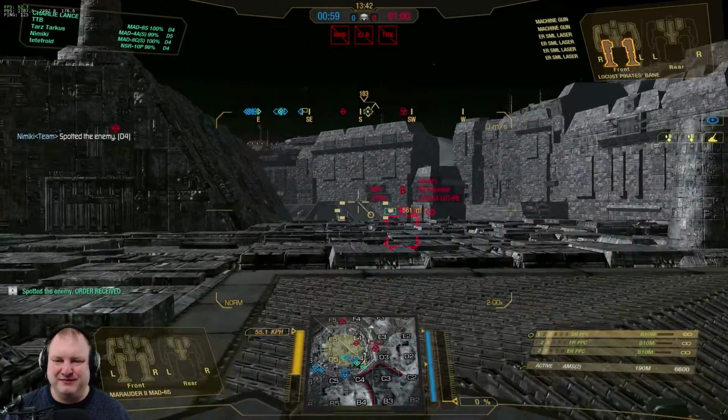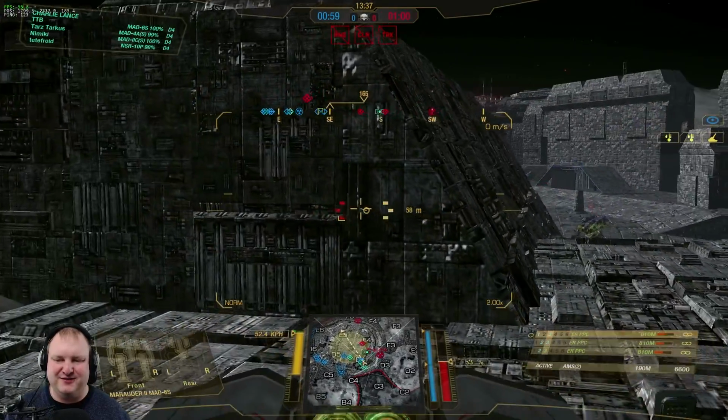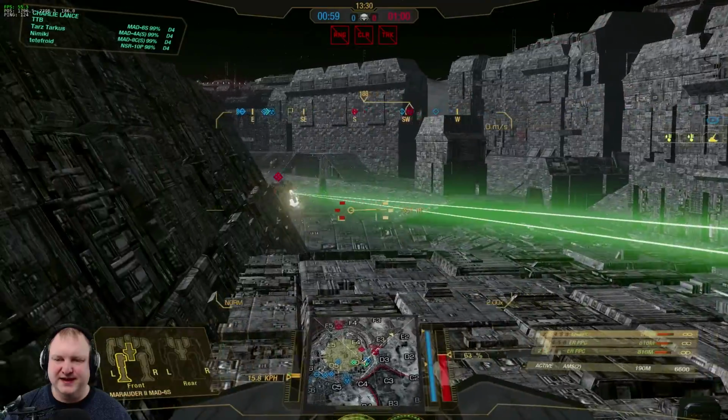Alright, jumping to the next game, and we find a Locust face to face with me and some of his assault friends. Okay, let's go around the corner here. I don't want to tangle with a Locust plus 2 Marauder 2s. That would be a little bit much, but I do have friends of my own here, so we'll use them,